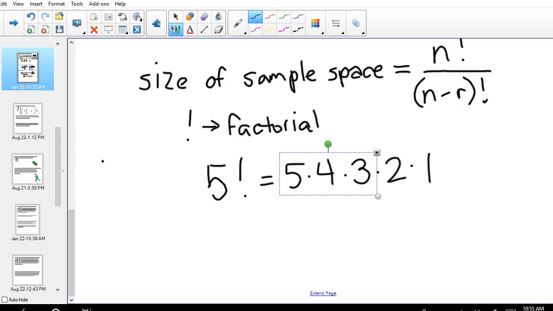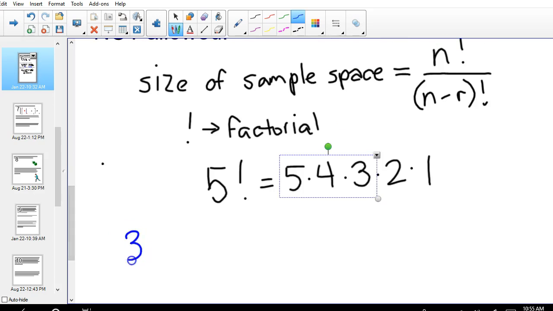I have no idea what a factorial of a decimal means. I'll look it up and let you guys know if I can figure out the answer, but you do not need to know it for what we're doing because you will not be doing factorials of a decimal. That will be all whole numbers for this. So, in this particular case, the same thing is true of what we said earlier. N is the number you have to choose from, and R is the number you're choosing. So in this case, you would have